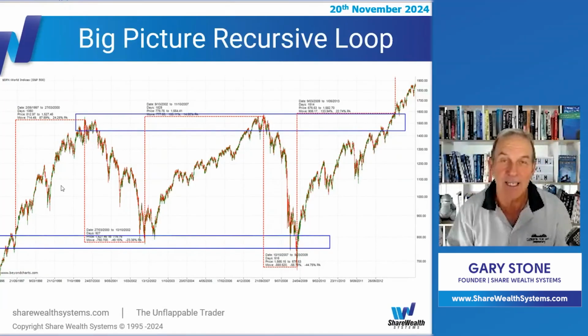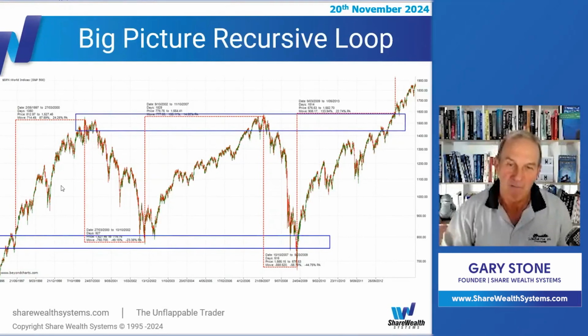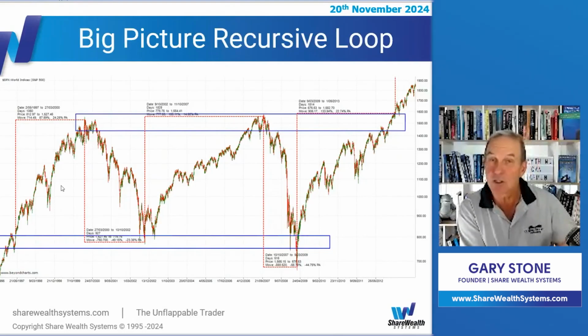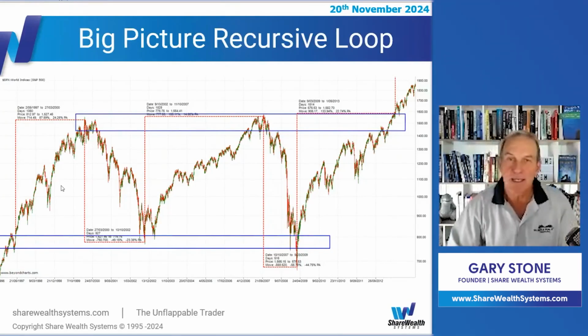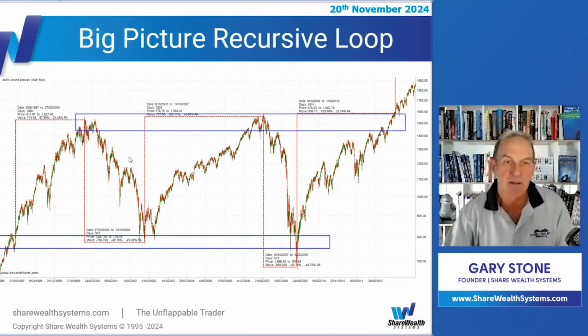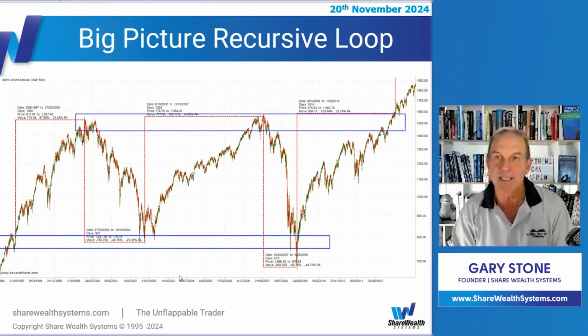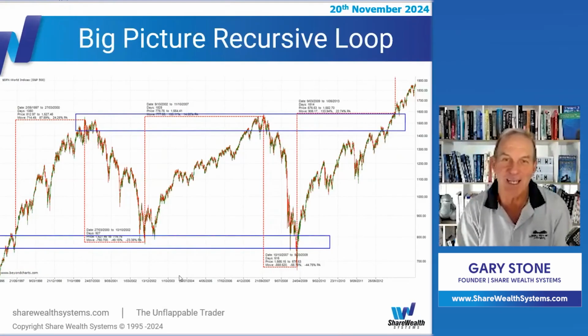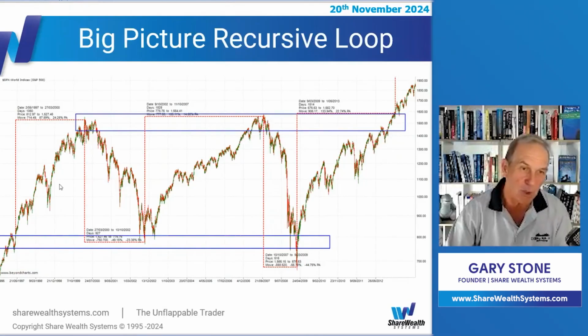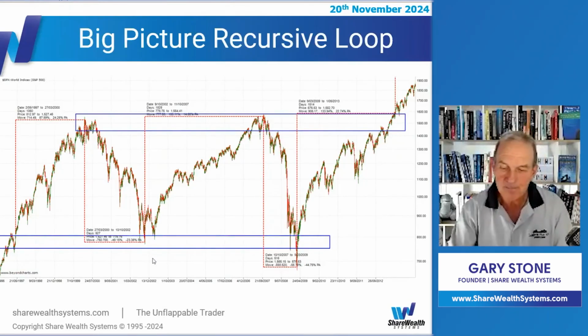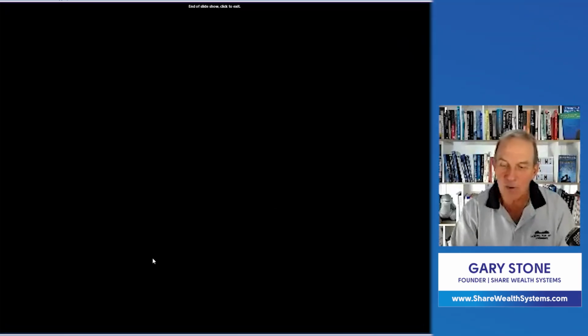Because why? Because we've got exit signals in place. We're not buying and holding ETFs right through for this portion of money that we're doing. You can still do that with another portion of money, but if you're active, you want to have a mechanism which gets you out and takes you into cash for these periods of time. So I'm going to keep reminding you of that in these sessions. I won't do it every session, but every now and then I will, because that's what we have in the back of our mind: protecting against this while giving us the opportunity to get this rise. Okay, that's it for today.